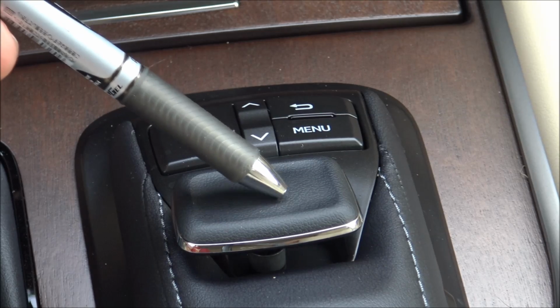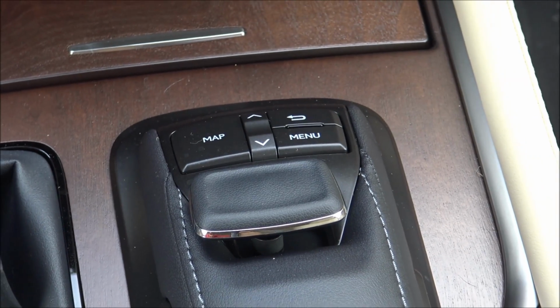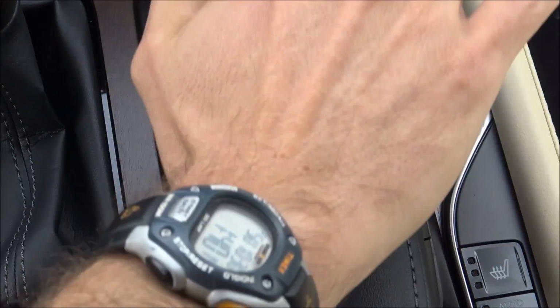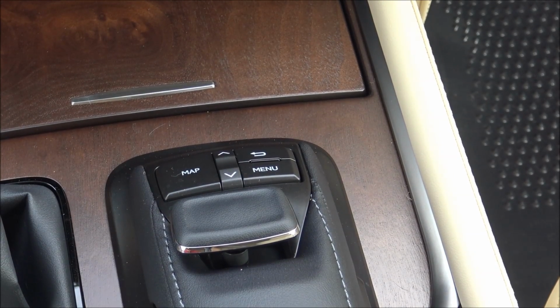This is the remote touch controller itself, and you can see the arm rest, like for your wrist, is right here, and that basically just allows you to put your wrist on it so you can use it. So I'm going to be using these buttons here, but I'm going to show you what pops up on the